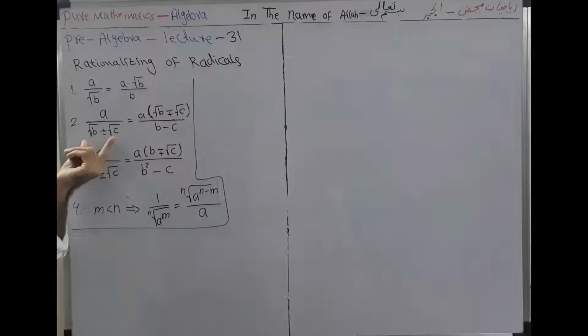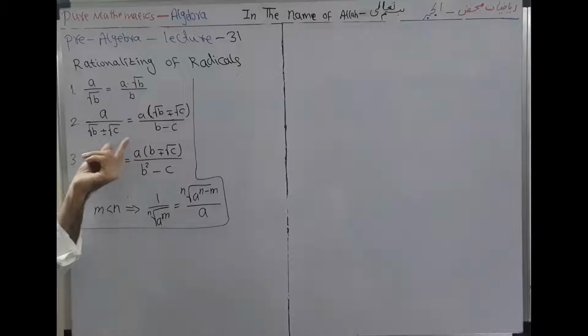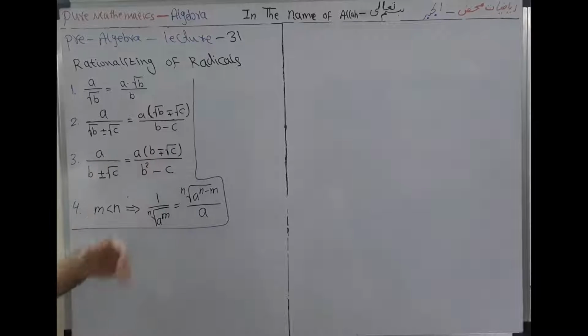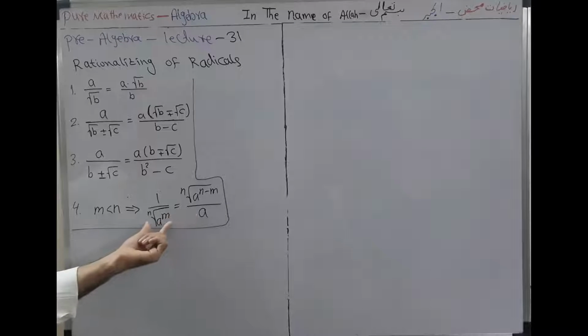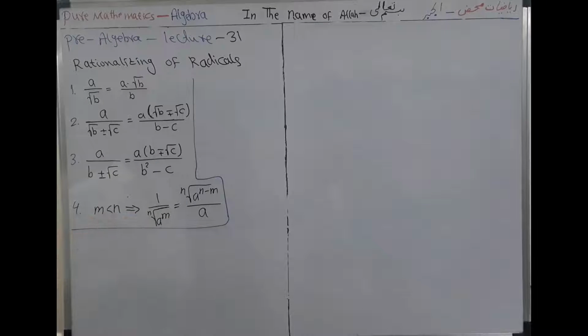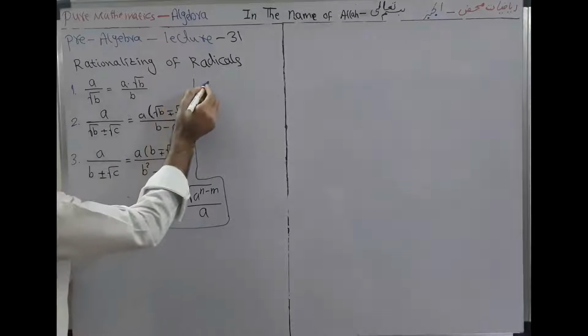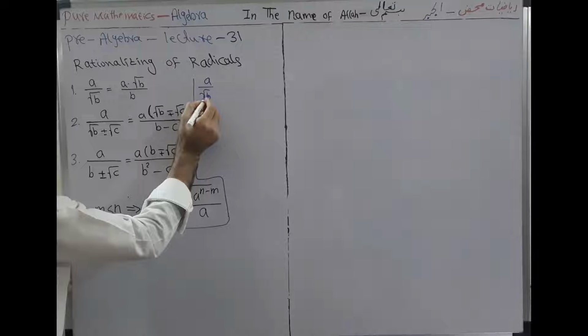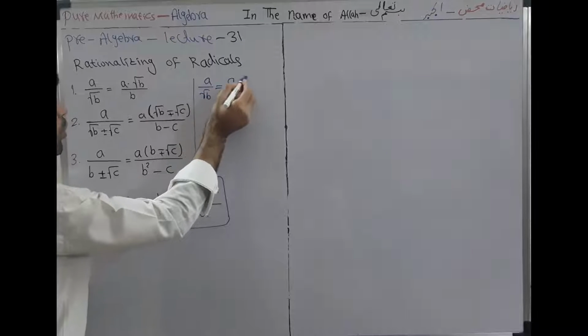We remove these radicals from the denominator. We can write b minus c. We change it. Also here we remove the radicals of c. Here these radicals we removed, and also here we removed the radical from the denominator. How can we change this radical to this expression? Here, first one, a over square root of b, it is equal to a into square root of b